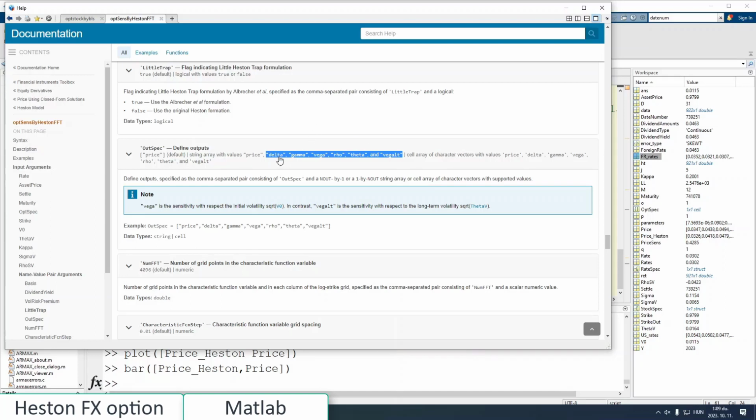So delta is the option fee's reaction to linear, small changes of the price of the exchange rate. Gamma is when there is a big jump. Vega is the sensitivity to the change of the volatility, and then rho is on time, if I remember well, and the next two I don't remember, but